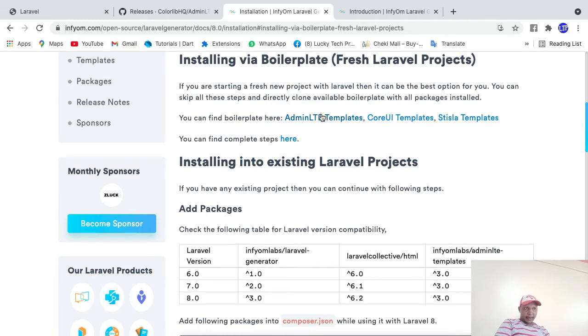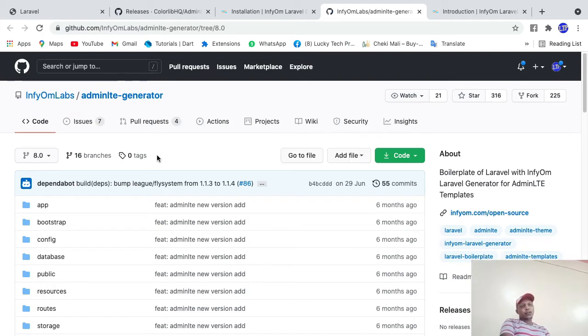Let me click here, the Adminlte template, this one. I'm going to clone this Adminlte generator, so click here